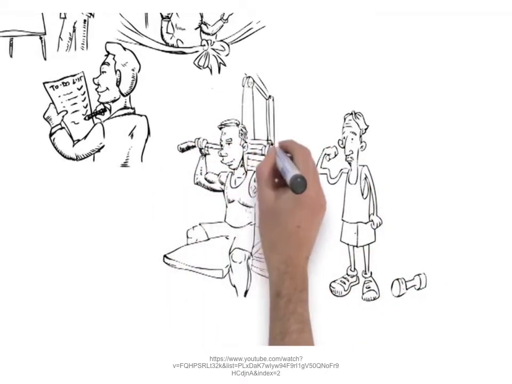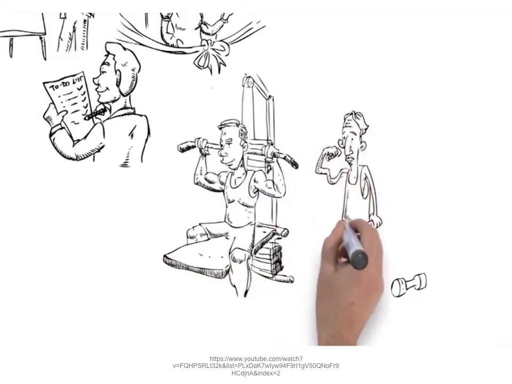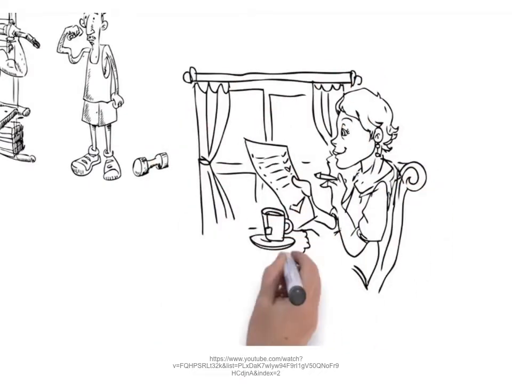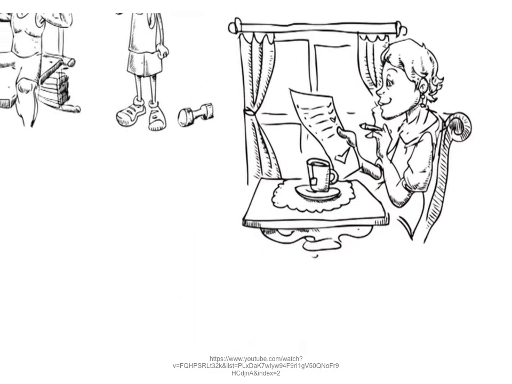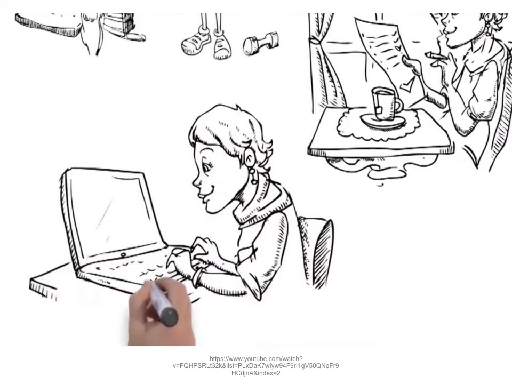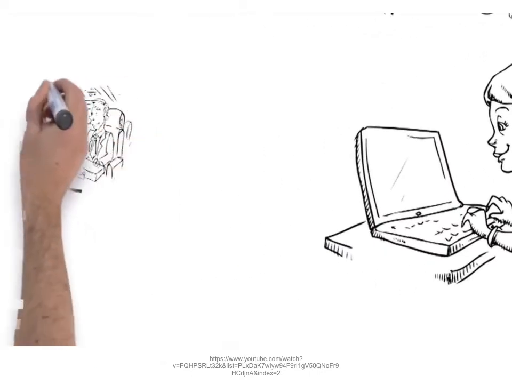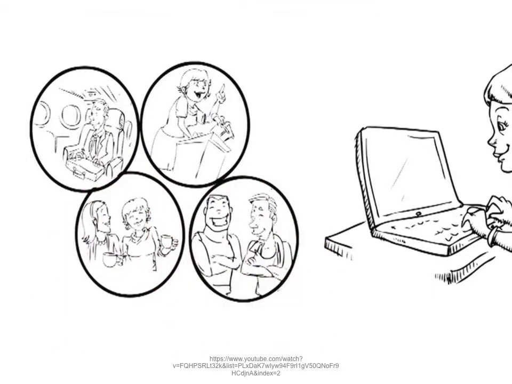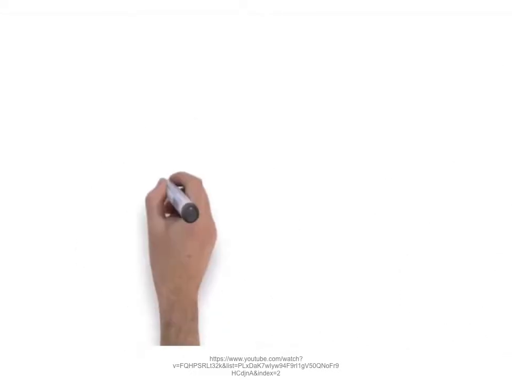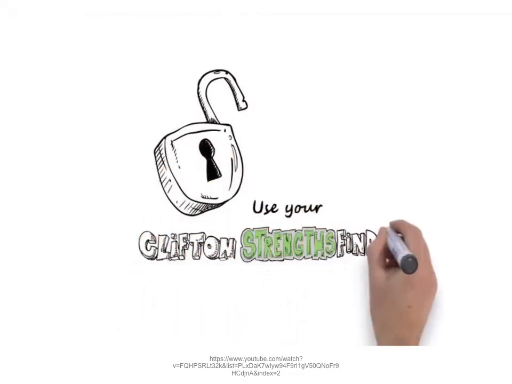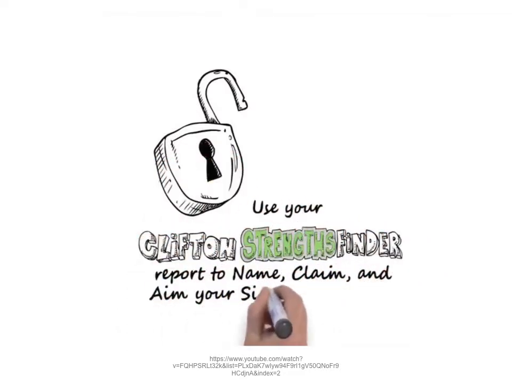Like muscles, strengths can wither if they're not exercised regularly. What will be your daily practice to stay in tip-top shape? Once you are deliberately using this theme every day, focus on another signature theme. As you start to flex each of your signature themes, you'll find ways to build on your greatest areas of potential. Our talents are an instinctive and intuitive source of wisdom and power. When we begin to intentionally tap into this power, we gain the ability to transform every moment, every interaction, and every day. You have dynamic talents just waiting to be unlocked and developed. Use your Clifton Strengths Finder report to name, claim, and aim your signature themes.